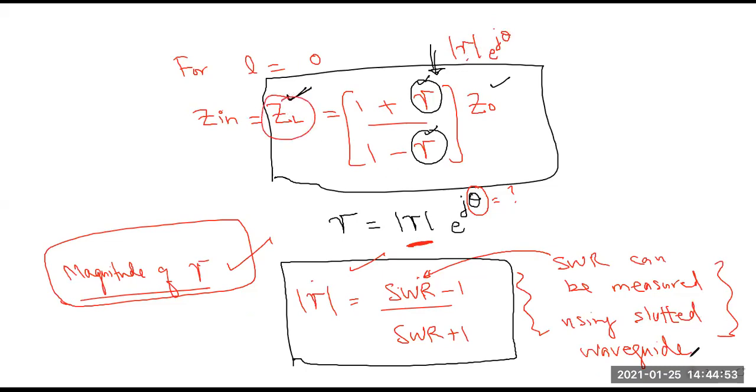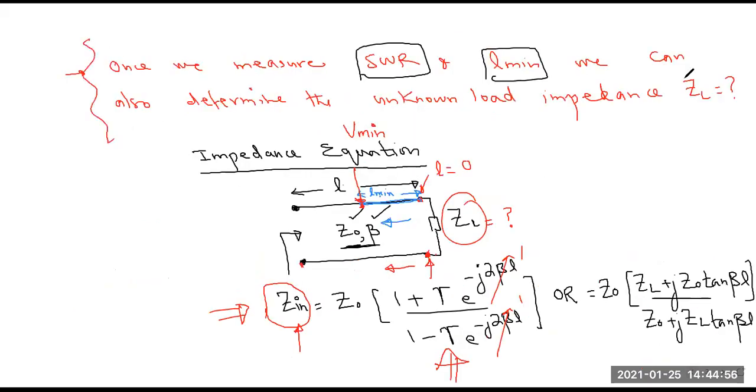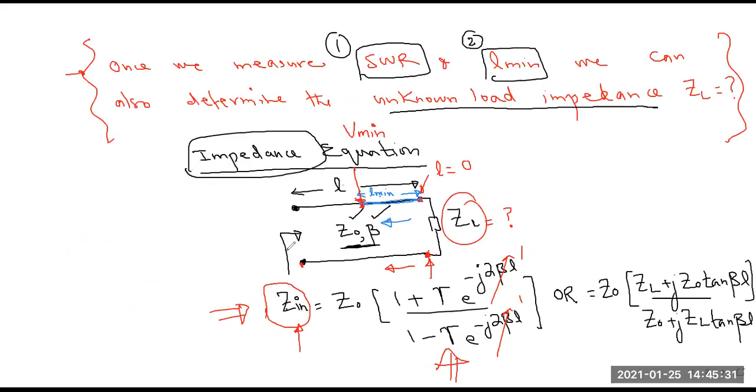So जो हमने यहाँ पे स्टेटमेंट दी हुई थी, कि अगर हम SWR मेजर कर लें, अगर हम L मिनिमम मेजर कर लें, तो फिर हम क्या फाइंड कर सकते हैं? अननोन इम्पीडेंस फाइंड कर सकते हैं। ठीक है, इस स्टेटमेंट को अब मैंने मैथमेटिकल फॉर्म किस तरह साइन कर दी है कि SWR और L मिनिमम मेजर करने के बाद ZL हम कैसे फाइंड करेंगे, तो उसके लिए मैंने ये इम्पीडेंस इक्वेशन यूज की, Zn, जो हम पहले भी डिराइव कर चुके हैं। और फिर मैंने ये कहा कि ये जो इक्वेशन है जिसको मैं इम्पीडेंस इक्वेशन कह रहा हूँ, इसका मतलब है कि मैं इस इक्वेशन को किसी भी इम्पीडेंस के लिए यूज कर सकता हूँ फाइंड करने के लिए।